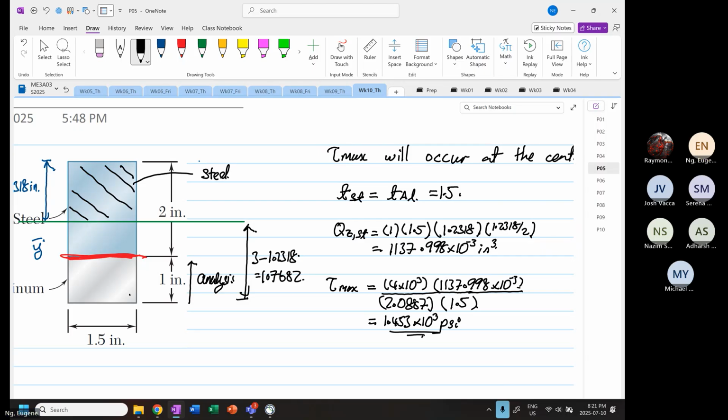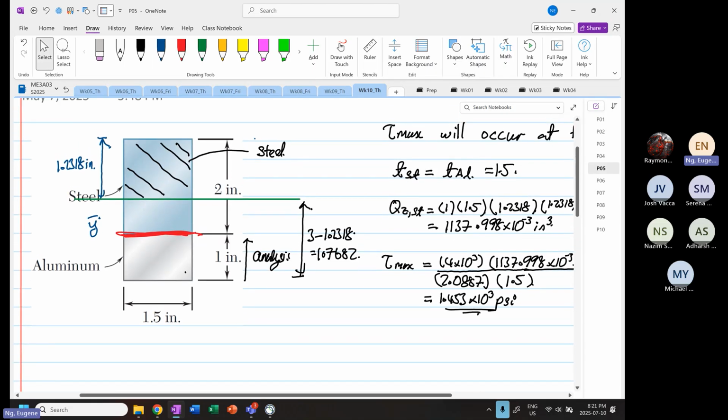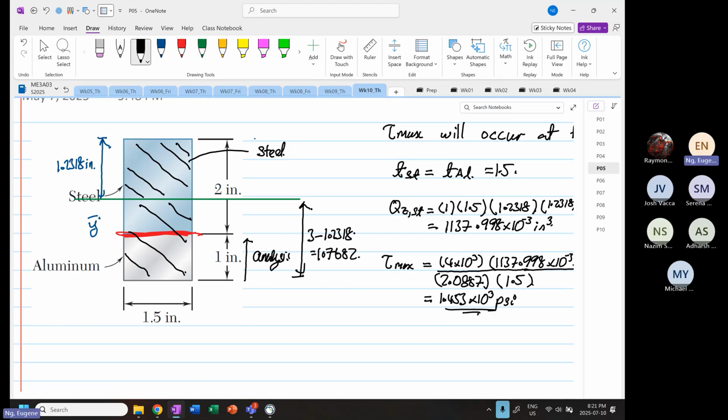Okay. Now I've not tried this before, but I'm going to do it. So what if we consider the bottom part? The bottom part has the combination of steel and aluminum. As I said, I've not done this before. You should get it. So consider